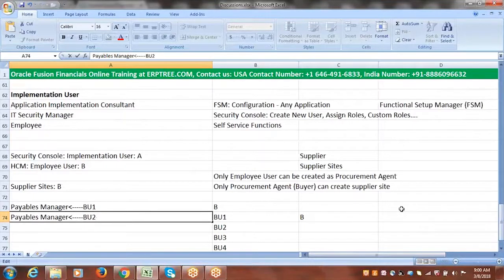From the finance point of view, there is only one point we have to understand about these two users. From the implementation user, the user which you create from the security console, you cannot create supplier sites. The reason is that only a procurement agent can create supplier sites. You cannot make the implementation user created from the security console a procurement agent. You can make only an employee user a procurement agent. That is the reason you can create supplier sites from